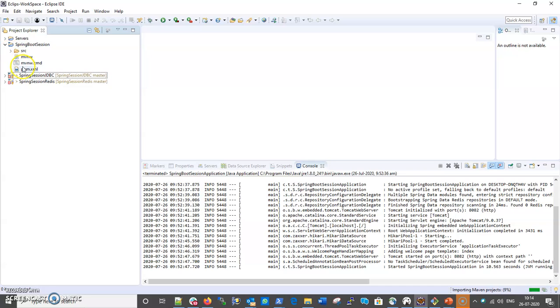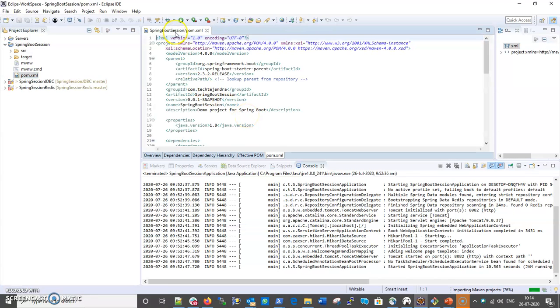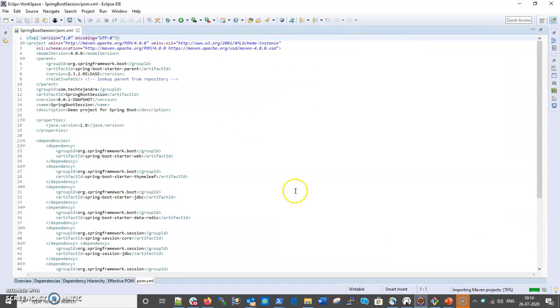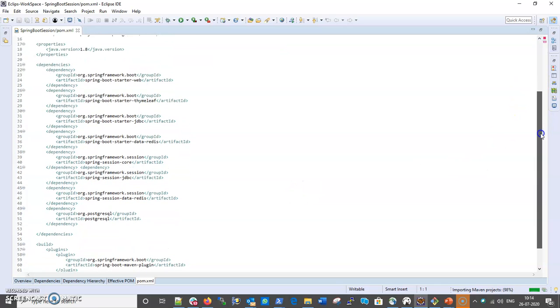Let me show you the file structure here. Let me first start with the pom.xml file. In the meantime it is also importing all the dependencies. Currently 9% of the import is done. In pom.xml, let me show you the dependencies. In this example, we will use JDBC and Redis both.